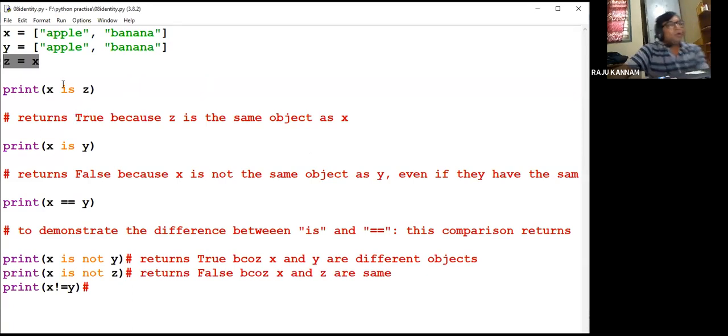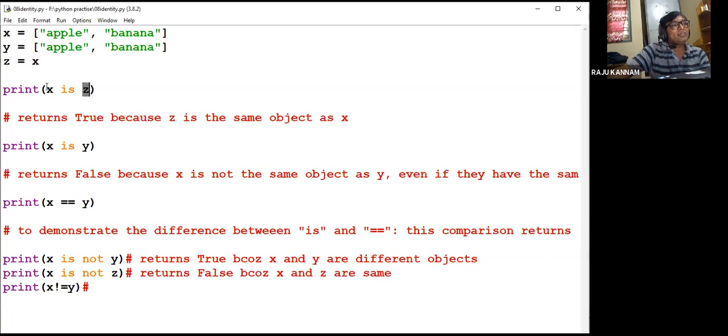Now these identity operators, what will they do? They check whether the objects are the same or not. So now here I'm doing print x is z.